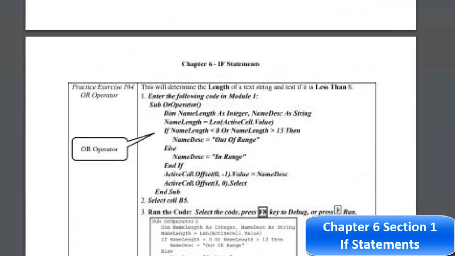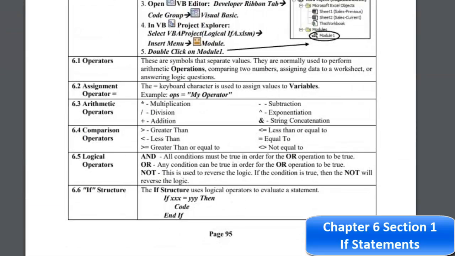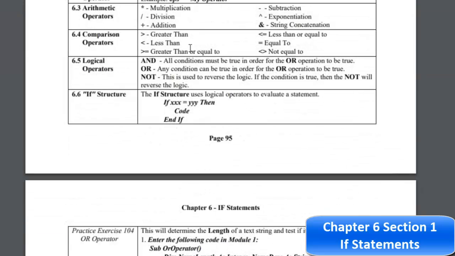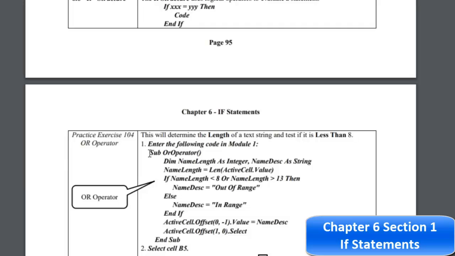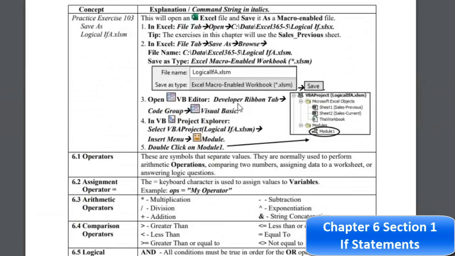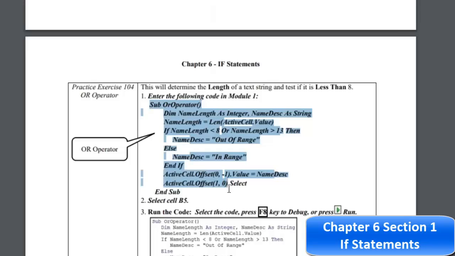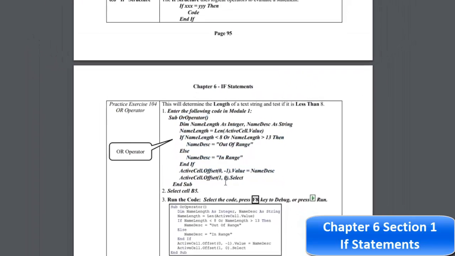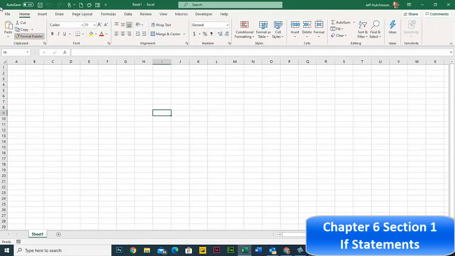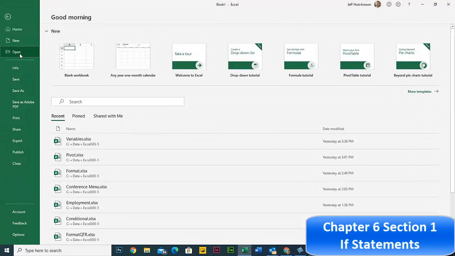All right, so let's go try some of these. Let's put some of these together. This is where we can open up your document here and just cut and paste this stuff. So I can take this code right here where it says sub, and we're going to open up this file first, called logical if statement. We'll start with that one, and then we're going to cut and paste this code into the Visual Basic Editor. Okay, so let's go over to Excel, file open,